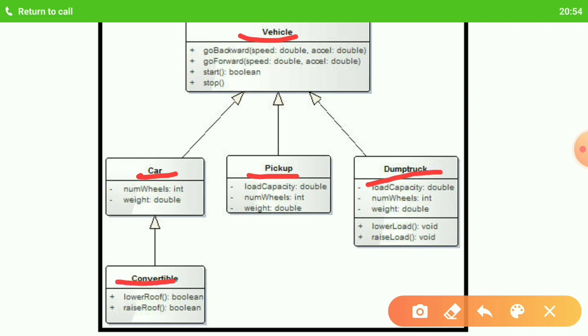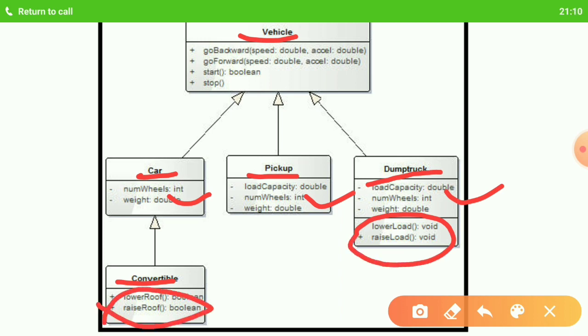These are different classes, and these are the attributes. This is the behavior. Here also we have got the behavior, and in this class we have got behaviors only.